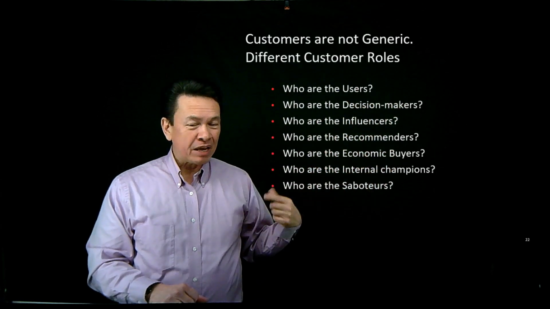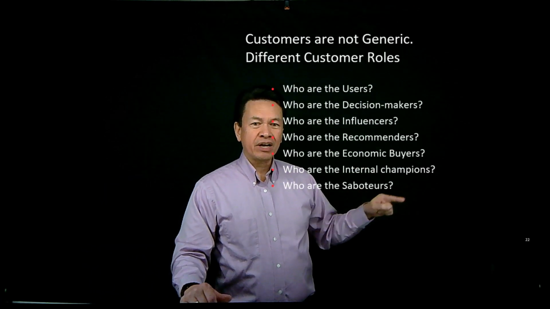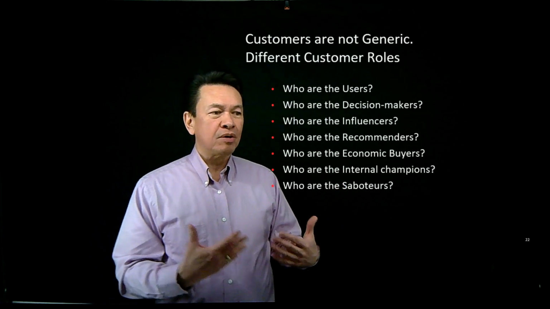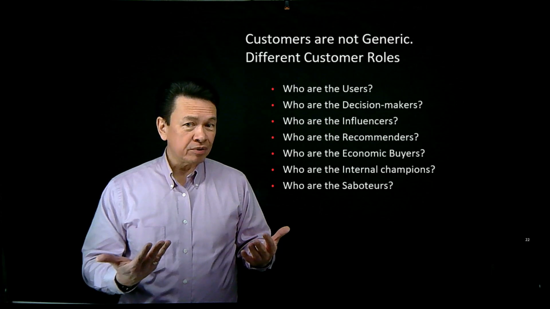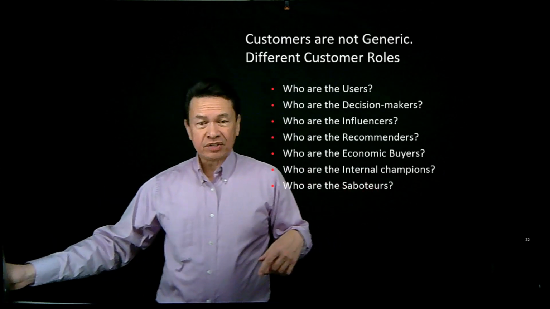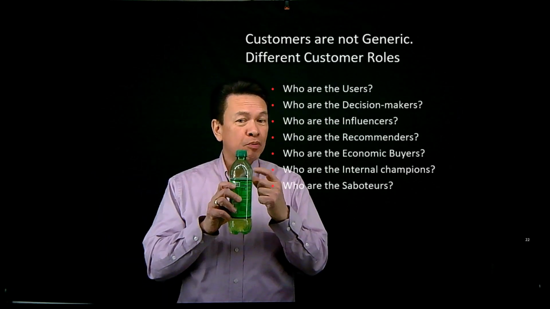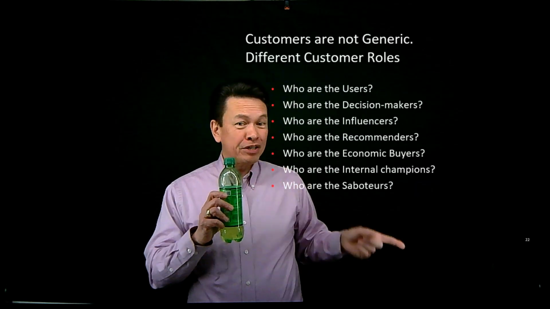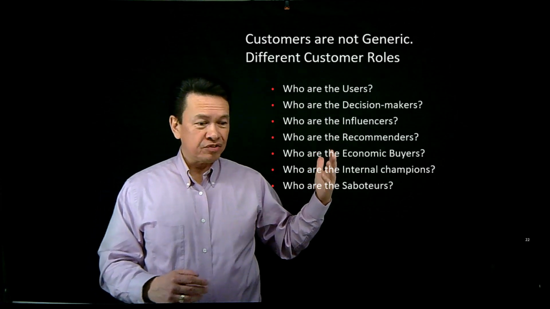The one thing that we don't a lot of times talk about is also thinking about the saboteurs. We're not going to define them, at least not on an assignment basis, but a saboteur is somebody who might potentially be trying to sabotage what you're trying to accomplish, right? And typically those are however they do the business today. So let's go back to my example of the plastic. Who would be the saboteurs? Whoever's providing them the plastic today to, let's say, Coca-Cola or Pepsi, they're going to be a saboteur. They're the ones that are going to be talking to the R&D person and the supply person and saying, hey, you know what?